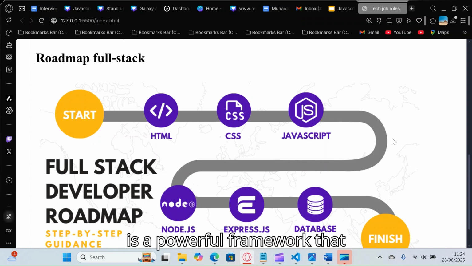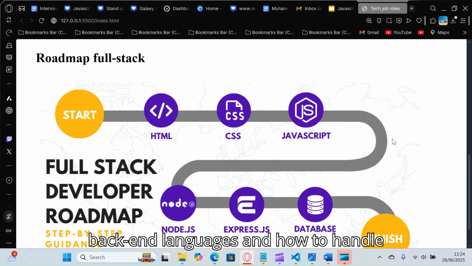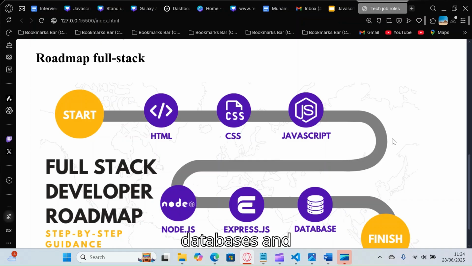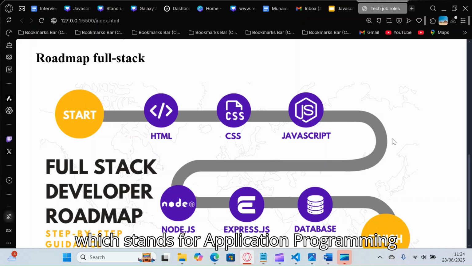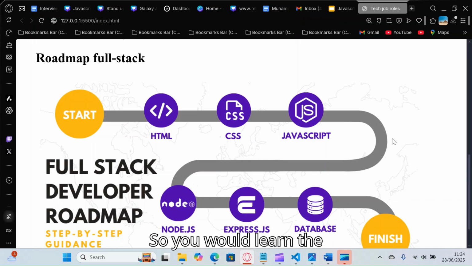So Django is a powerful framework that is used to create both front-end and back-end and to handle databases and API management, which stands for Application Programming Interface. So you would learn the fundamentals in these coding languages